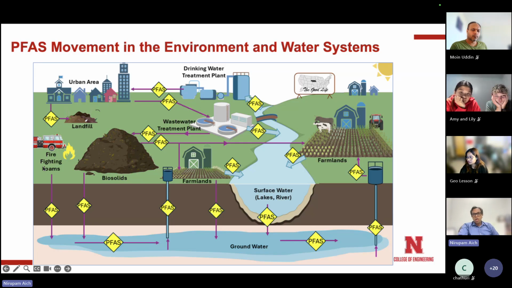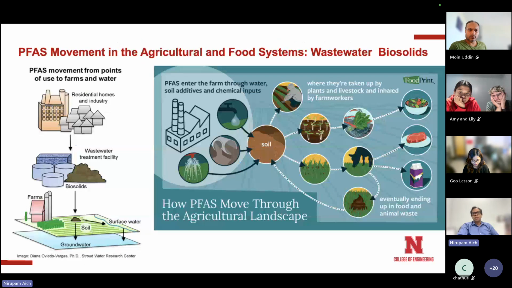Okay, so they can get into our water, they can get into our soil, they can also get into our air. I'm not talking too much about the air side, but if you think about it, we are getting PFAS in water, we are also getting them in soil, and from soil they can get into our food products too. Okay, so there are studies that have shown PFAS contamination in beef. There are studies that have shown PFAS contamination in milk, and typically organic milk may have more PFAS than non-organic milk. Okay, so these are not conclusive.